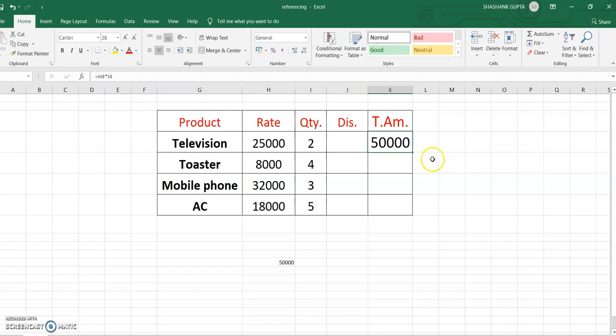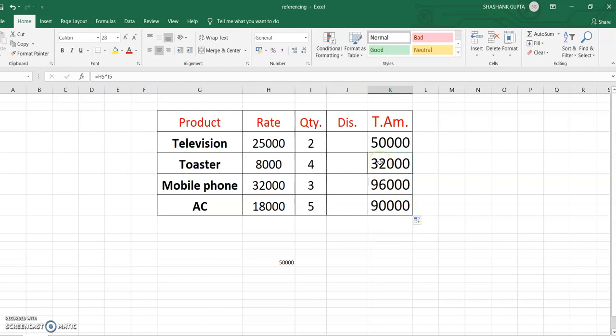And now there is no need to write the formula for toaster, mobile phone, and AC. Just simply, there is a plus symbol which is created at the bottom right corner. Just drag down. Okay, now you will see the formula is copied and cell references are changed.